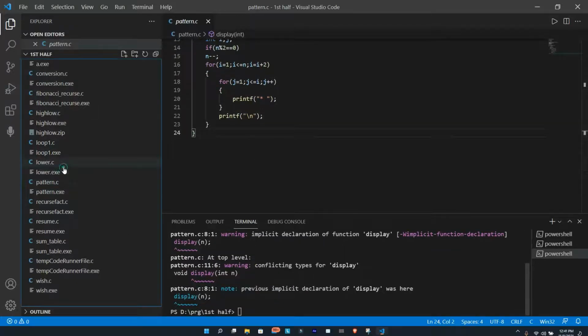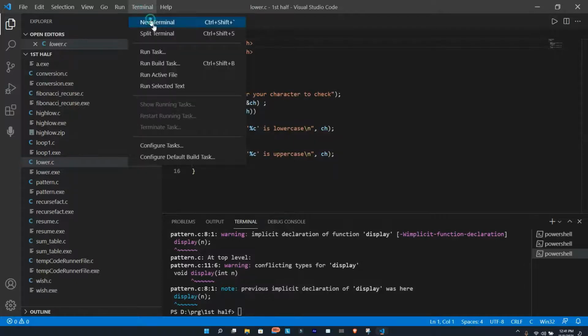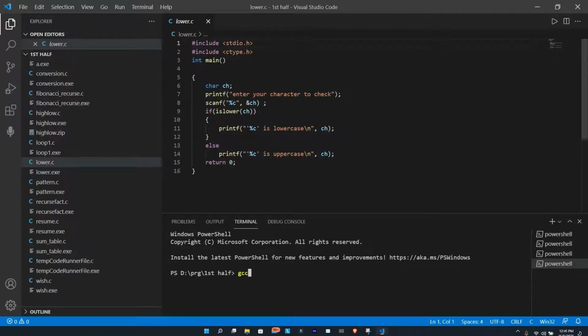I will run a different program because you also might have time. So just again GCC lower dot C. After that the exe file will get replaced. The exe file will get replaced every time. So what I will do here is again type a, it's always a by default, and then press tab. And as you can see, the program is running, and it will check whether my character entered is lowercase or not. So I have A uppercase. So it's running. So that's how you do it.